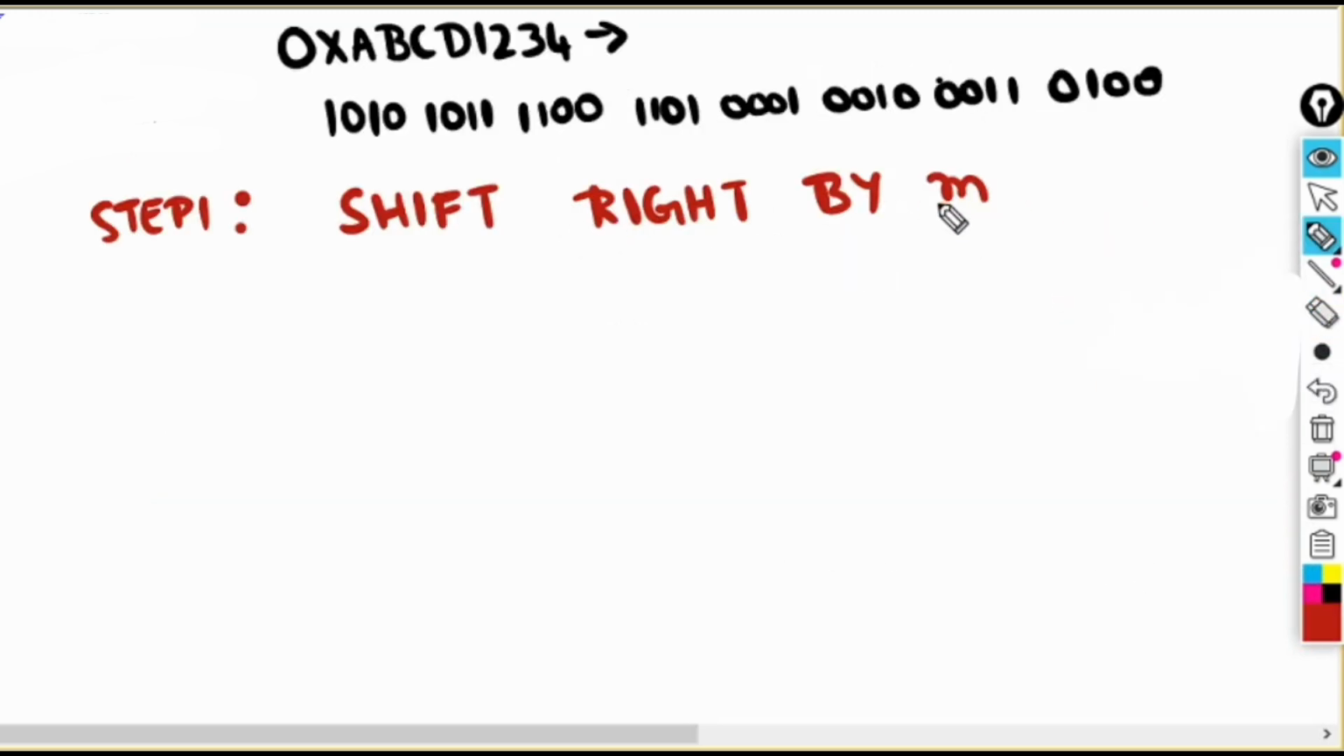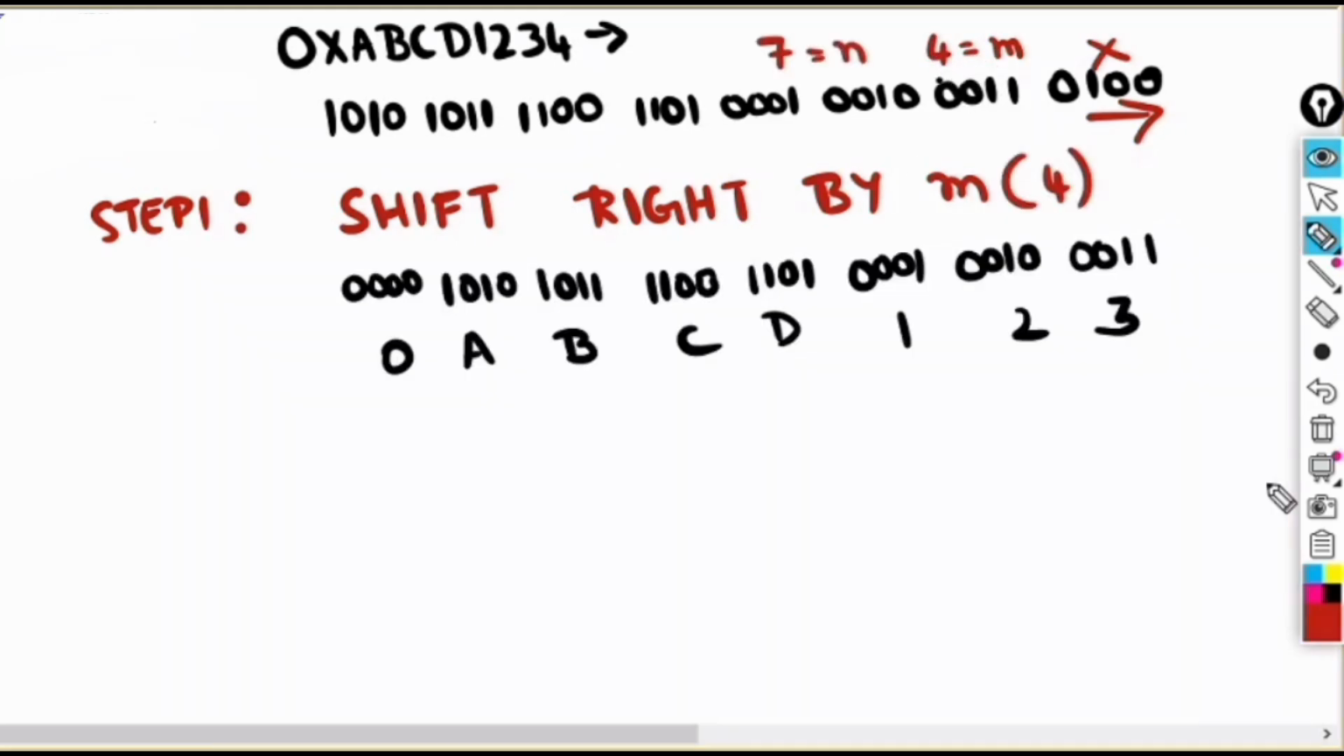The first step is to shift the number right by m positions. Why do we do this? Because we want the starting point, that is bit m, to move to the least significant bit position. All the lower bits that we don't need get discarded in this process. In this particular case, since we are considering m as 4,